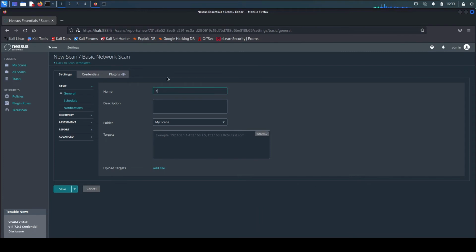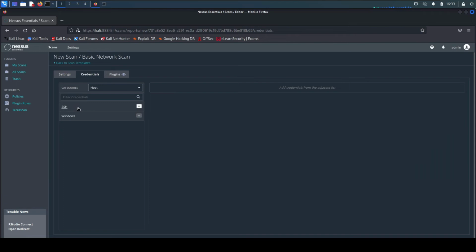This is a Windows machine, so I'm going to enter the credentials to scan it. I'm going to name this scan credential net scan. Because we're seeing the SMB port open, if you're a penetration tester, more than likely you won't even need to enter the credentials, because there are a lot of hacks available for it. But I'm going to enter the credentials because we're assuming this is our network and we're just running vulnerability scans, with the credentials already in hand. So I'm going to hit the credentials tab,